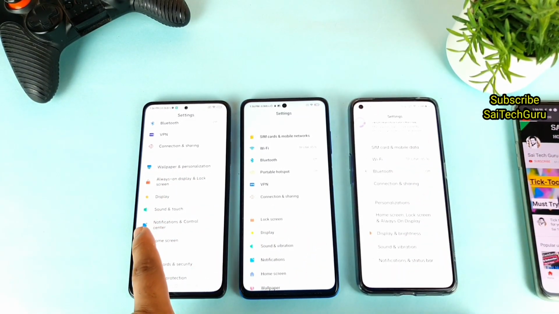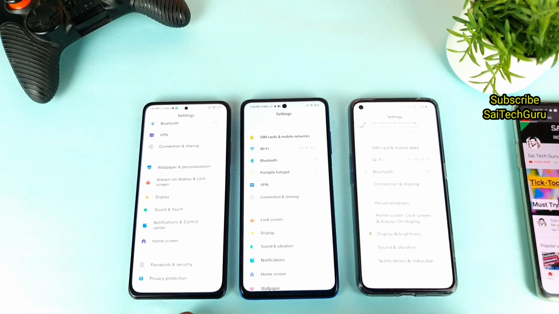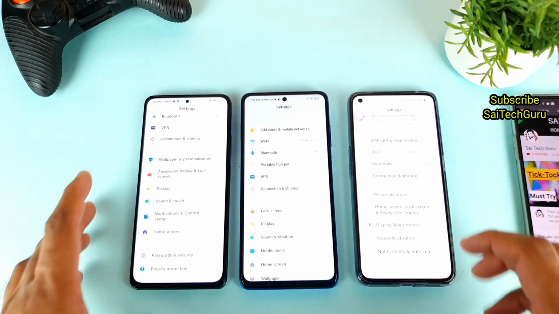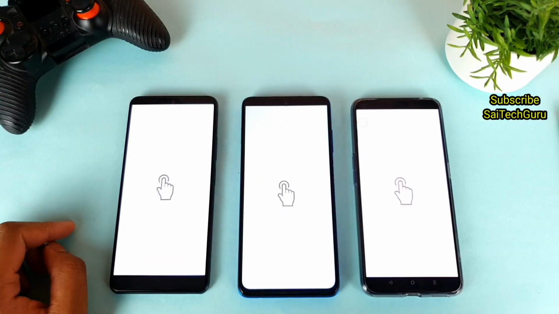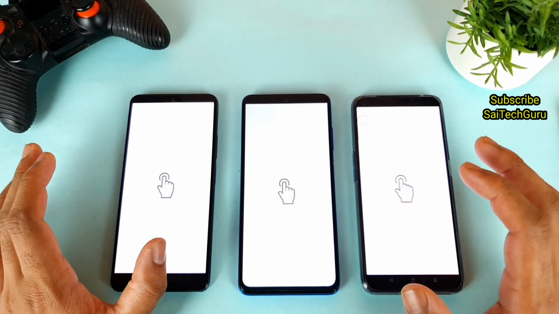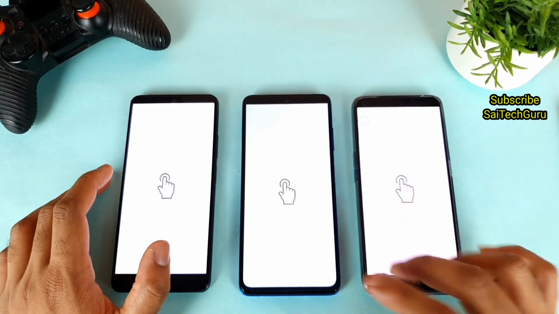So on both phones you can actually see the text properly, but in the Realme X7 Pro you won't be able to see the text properly because of the high brightness level. That is what I'm guessing right now. So right now I'm trying to use one of the applications which will actually demonstrate the screen performance levels in terms of the colors. So let me try to start playing.